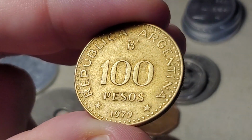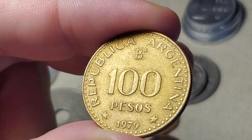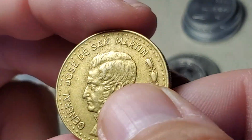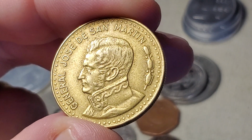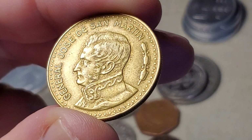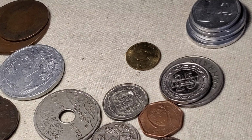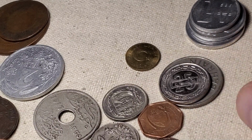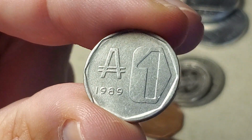Then we'll move to this 100 pesos coin from 1979. This one is KM60. Featuring General Jose de San Martin. So this coin is made out of aluminum bronze, but on later years it was made out of brass-clad steel. In the late 80s and the early 90s, they changed from the pesos to the Australs, or Australis. And so this currency system didn't last for very long, but here is the 1 Australis coin